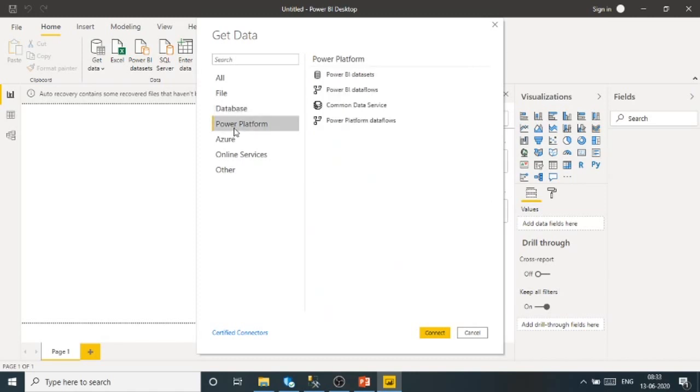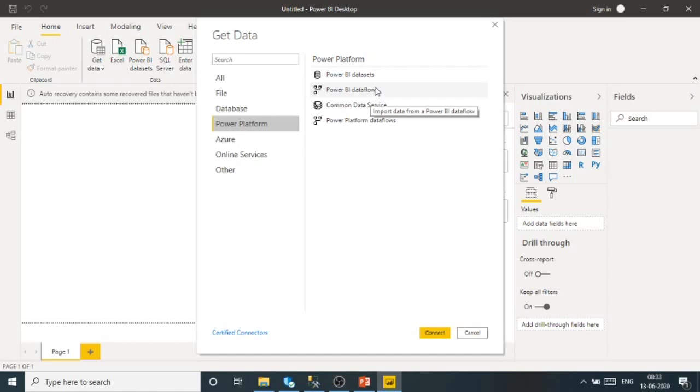If I click on Power Platform, Power Platform means you can connect your data from a Power BI desktop data set, which is already deployed on Power BI cloud services. So you can just create a connection between your Power BI desktop and cloud services. Otherwise you can just create your report on Power BI cloud, because once you deploy that Power BI data set, you can also create a report on cloud.